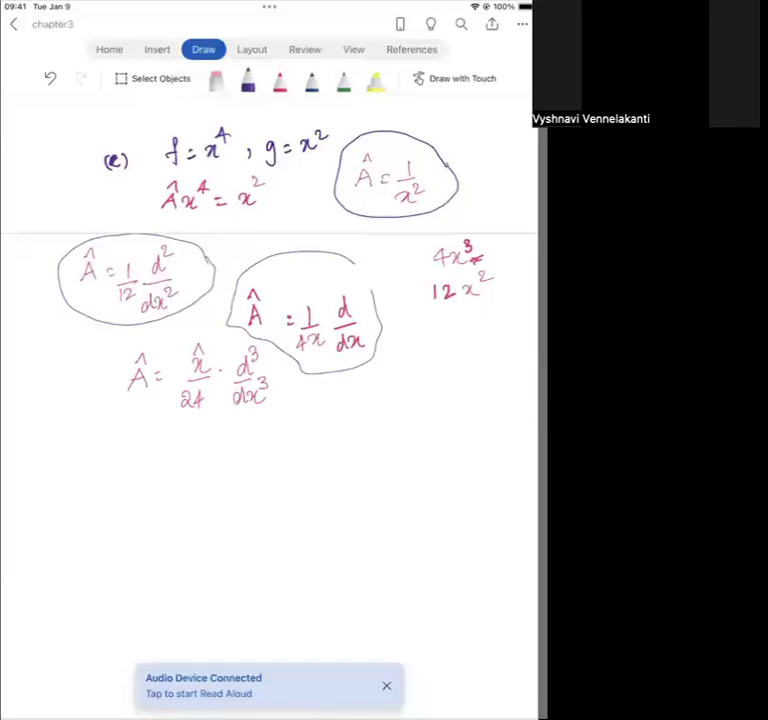So you can just come up with a bunch of options for A. There's no one right answer for this. You can come up with any number of answers that actually satisfy